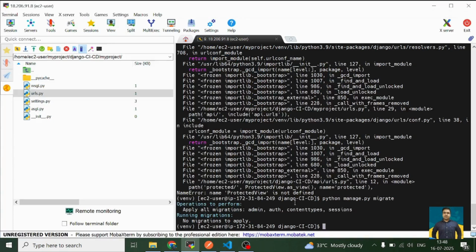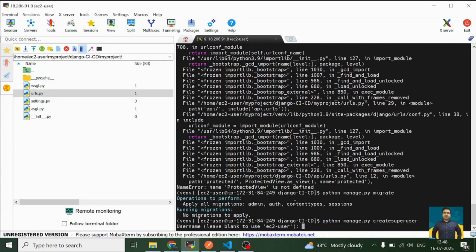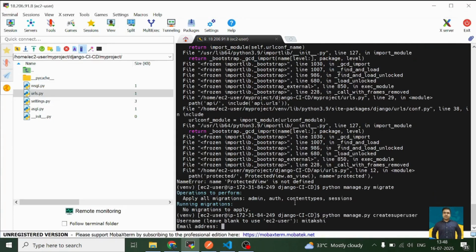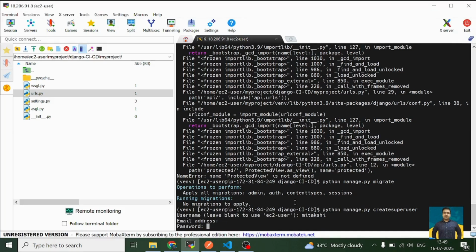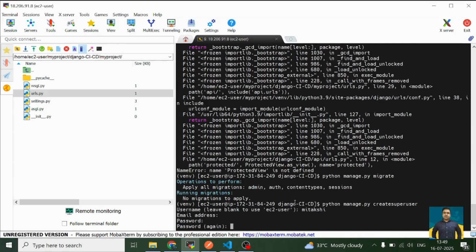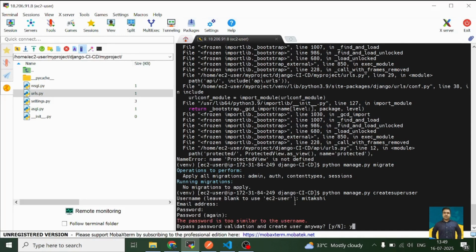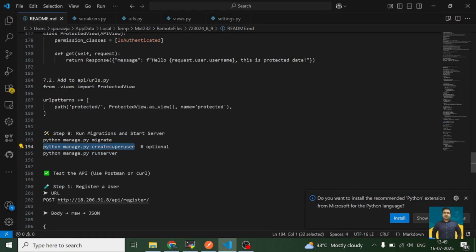So if you want, you can create a superuser also for your application. Now I'm creating it with the name Mitakshi 123. Okay. So I've created a superuser successfully. The next thing that I have to do is run this. Okay, so because I've already